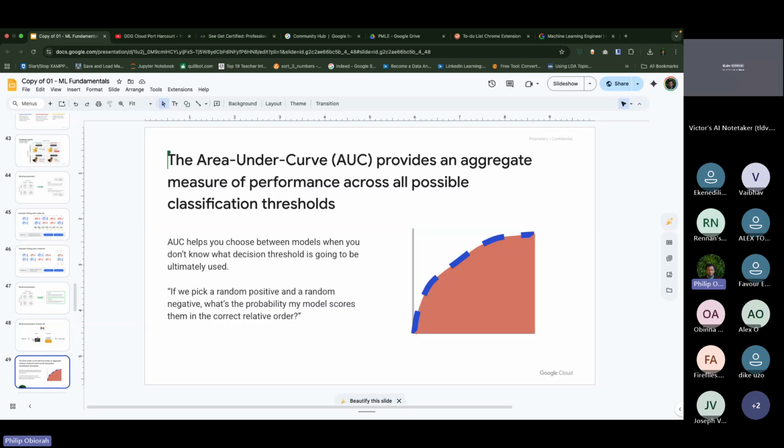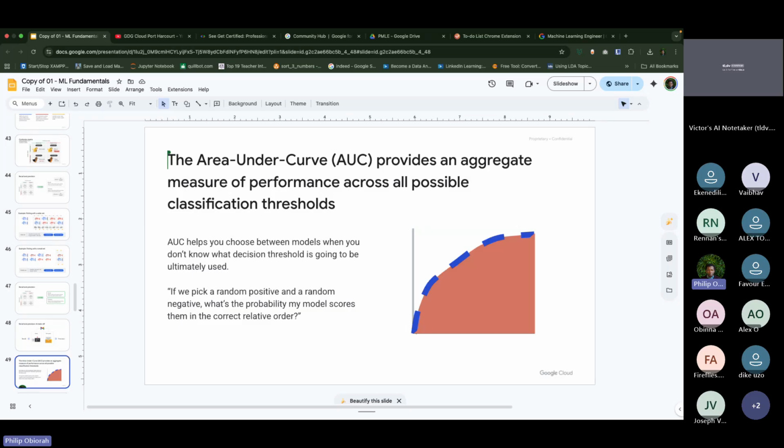There are a lot of metrics involved, but today we're going to be looking at area under the curve. This area under the curve is built with what we call the receiver operating characteristics, whereby